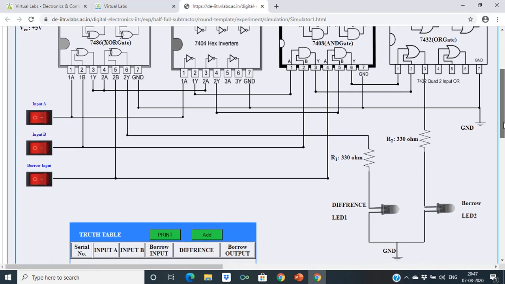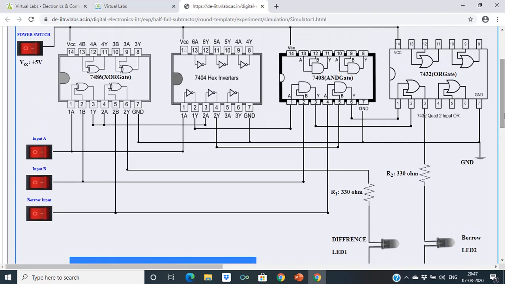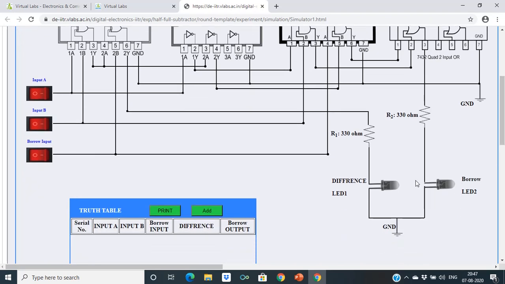So this way you are getting the borrow. You are ORing the previous borrows, a bar b or a XOR b bar dot b in, and finally you are getting borrow here, and you need to connect an LED here, positive terminal, negative terminal.